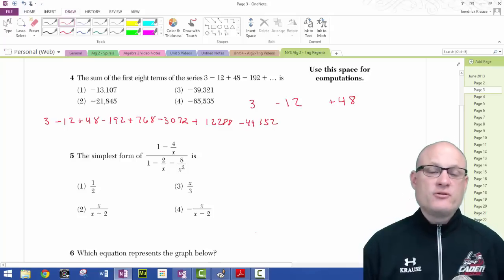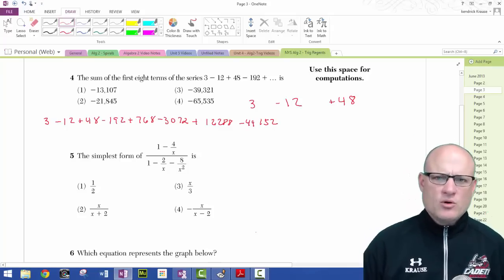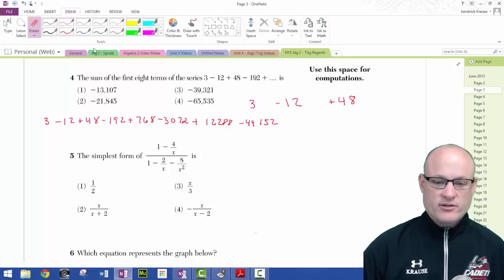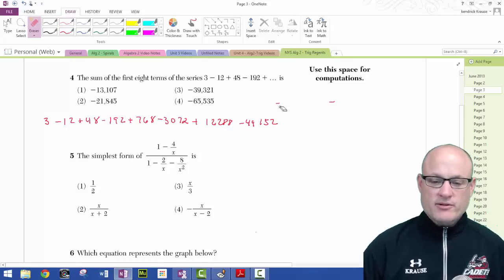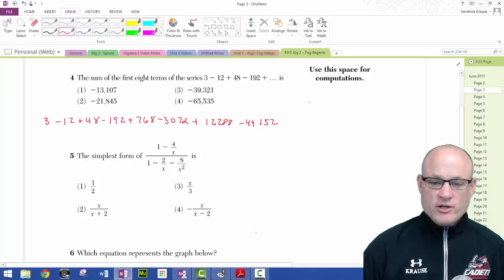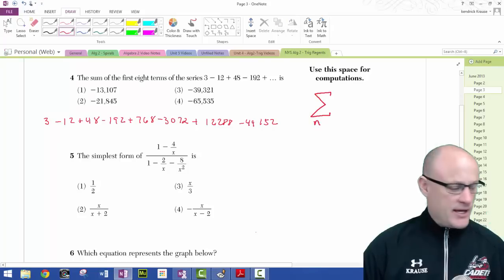But what if it said 100 or 50th? You'd be there for the entire test trying to do that. You don't want to do that. So we know it's a geometric sequence. And we know it's because it's multiplying. So we're going to use this summation thing that you've learned. Let's see if I can draw this. That's not bad. And we're going to start n at,